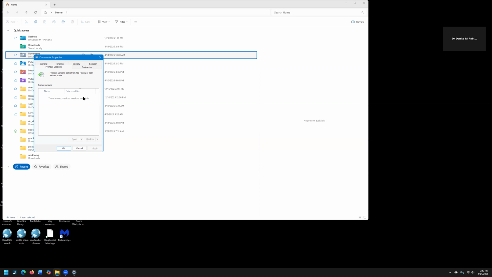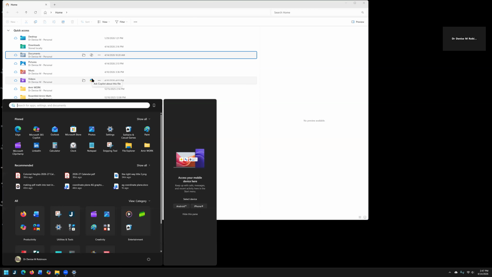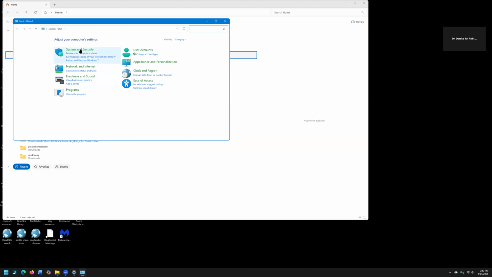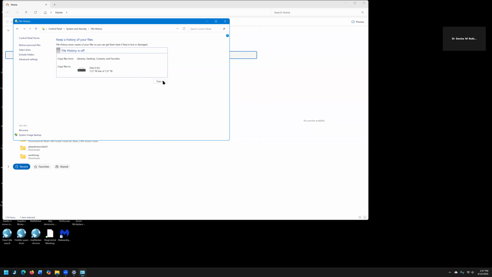So let me show you how to turn this on. You go out of here. I want you to press your Windows key, type in CON, and we're going to go to your control panel. Okay, and enter on control panel. And you're going to see System and Security, and I want you to click on that or tab to it, enter and open it. And then you're going to tab down, or locate File History, and I want you to click on that. Okay, and right here, tab to Turn On. Okay, you turn this on, and now your file history is going to start populating, copying files from libraries,